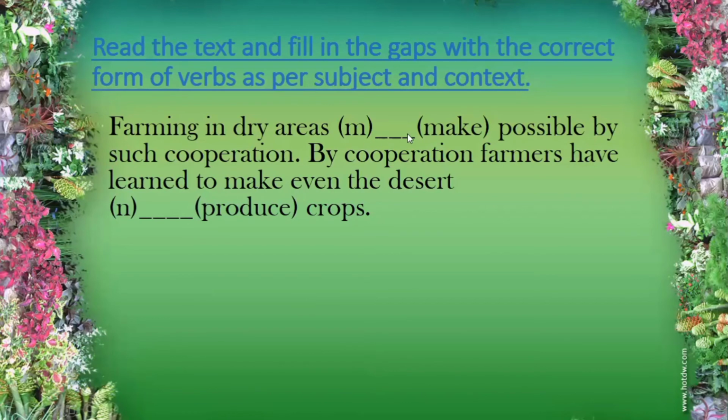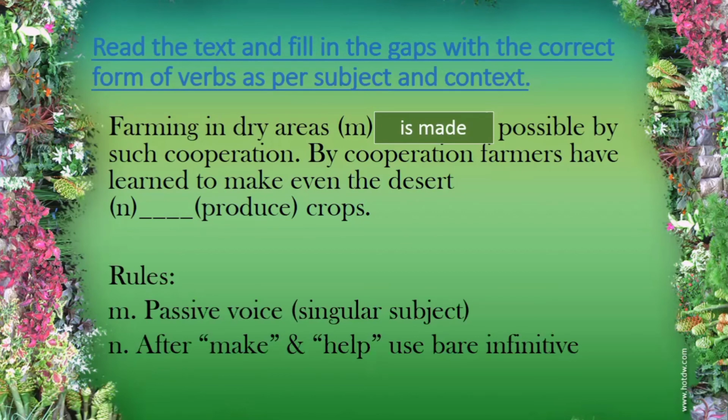Farming in dry areas made possible by such cooperation. Farming in dry areas. Here, what is the subject? Farming. Farming is the subject, so farming does not do the action of make. That's why we use the passive form of the verb, is made. Farming in dry areas is made possible by such cooperation. And as farming is a singular subject, we have used is. In the next one,